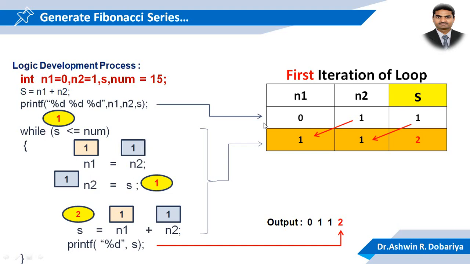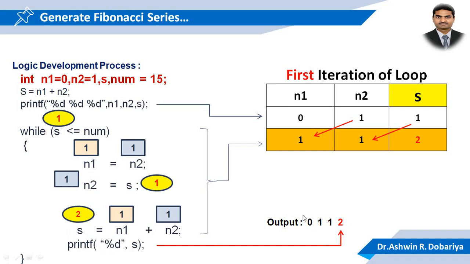And whatever the value of n2 was, it becomes n1, right? So whatever the value of n2, it is assigned to n1, and whatever the value of s, it is assigned to n2. So n2 is assigned to n1 and s is assigned to n2. Now we have the latest values of n1 and n2, 1 plus 1, so s becomes 2. After that we can say s is equal to n1 plus n2, and that s will be displayed